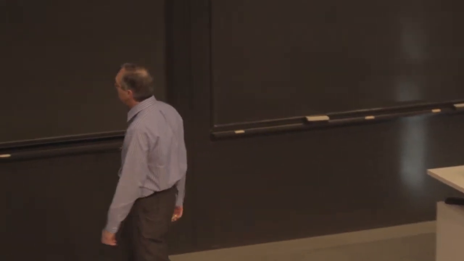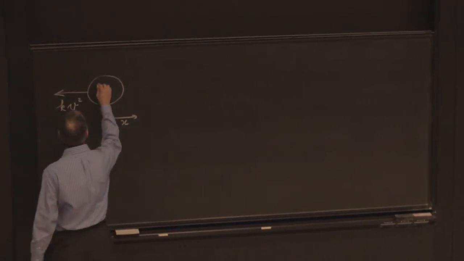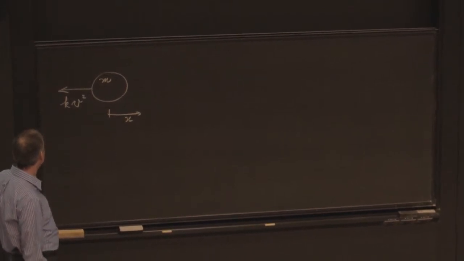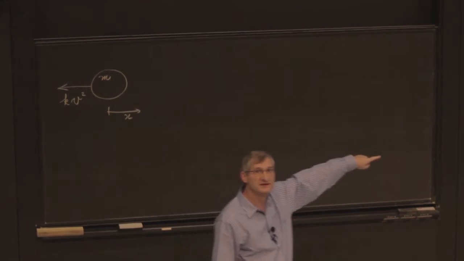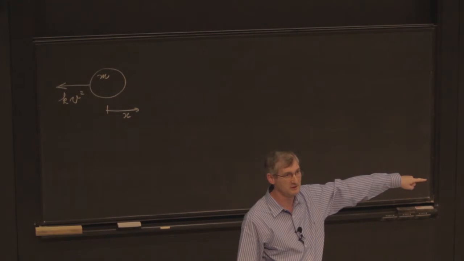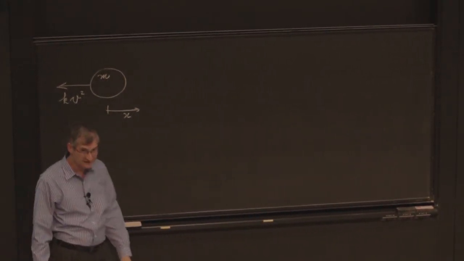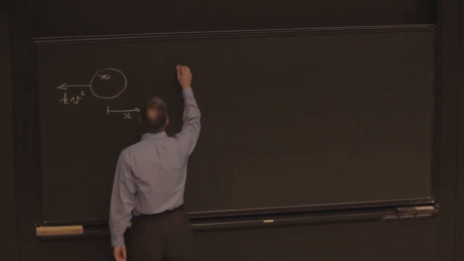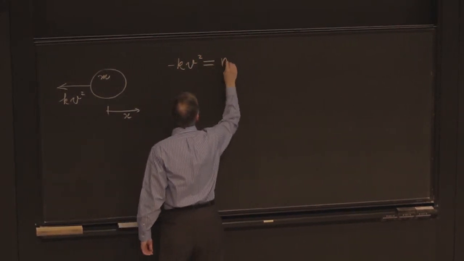Okay, so I have a drag force here. I have a mass. Let's say this thing has mass m. Maybe it even says up there. It does. Okay, if I pick that way as positive for my coordinate x, that way is positive for v, that way is positive for a. And so from what is effectively an isolation diagram, I get the equation of motion: minus k v squared is equal to